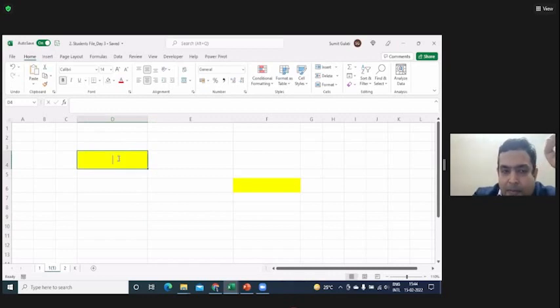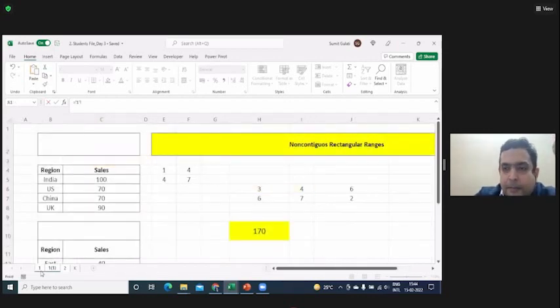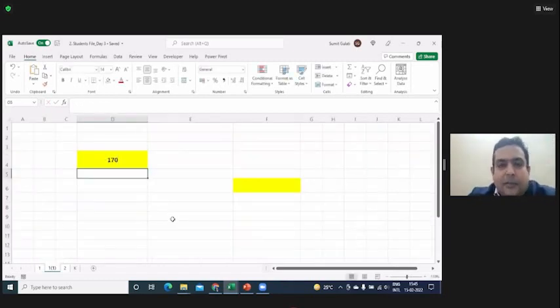Press equal to. Come down and click on worksheet one where the data is. Now click on C5. Put a plus sign. It is showing in the formula bar. Click on C6. Now you need not go back there. Just press enter. Your answer will be captured in D4. Right now it is interlinked.